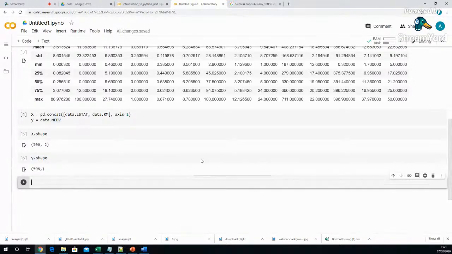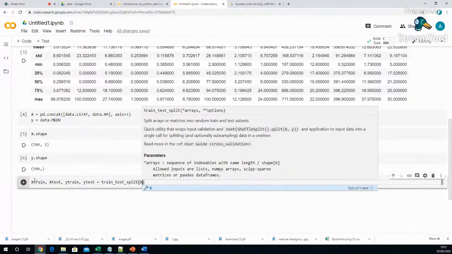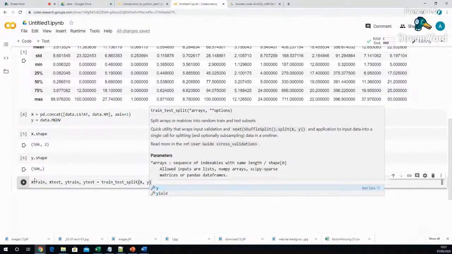So now we're going to split, and we have this excellent machine learning library that does it for us. All we have to do is write xtrain, comma, xtest, comma, just keep on typing, Y train, Y test equals to train test split. This is one of the libraries that we imported that has this function, and this function conveniently just splits our data. What it takes as input is the X variable, the Y variable, and then